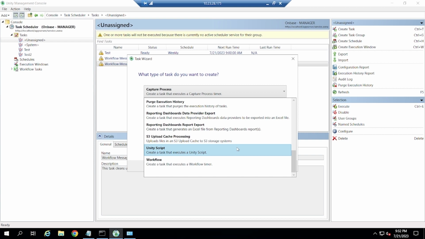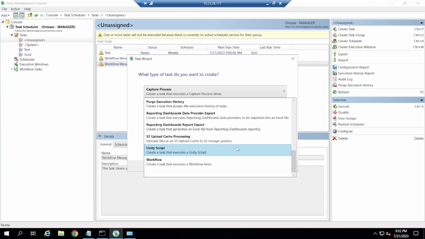Most of them need an interval of how long it should be before being executed. The minimum requirement of how long tasks should be before being executed is around 2 minutes according to Hyland. Essentially, the idea is to point to a target that you want and then schedule it in simple terms. Workflow tasks execute the workflow timer task in the OnBase, so you don't have to do it manually. Usually the tasks are short and can take up to 20 seconds if not done through the Unity Scheduler.